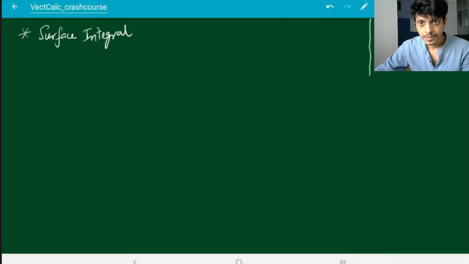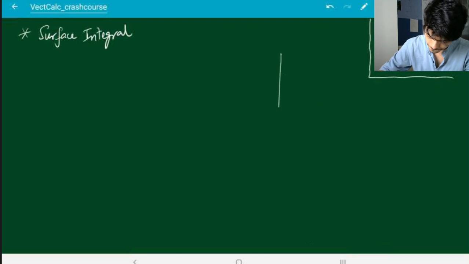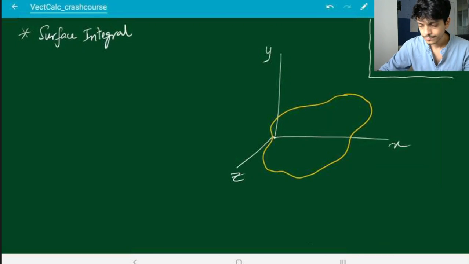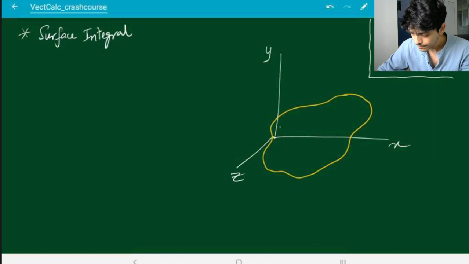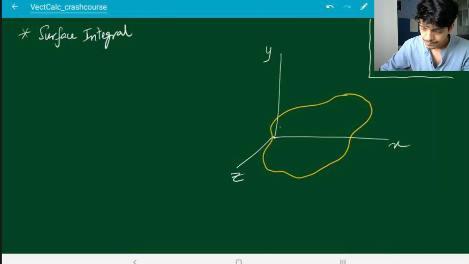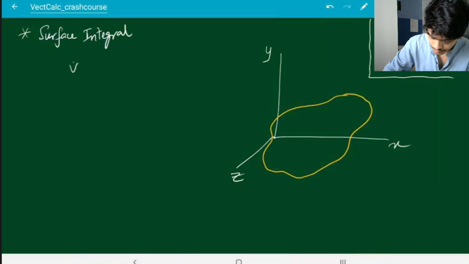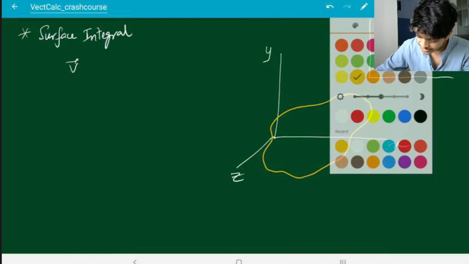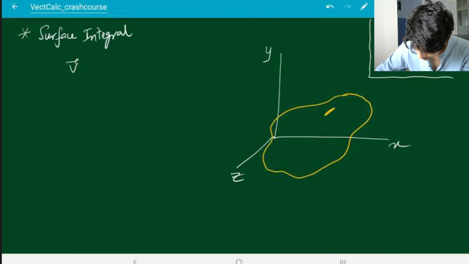Once again, I am in three-dimensional space, X, Y, Z. And there is some sort of 2D surface over here, like a sheet of cloth or something, a two-dimensional surface. And I want to integrate my vector field V over this surface. So the way to do it is I will define a small area element over here, dA,